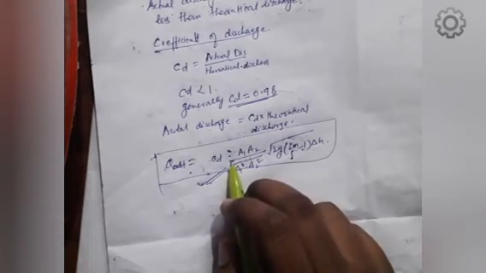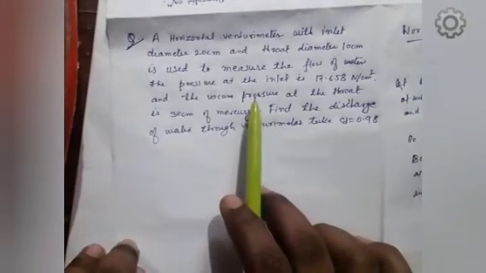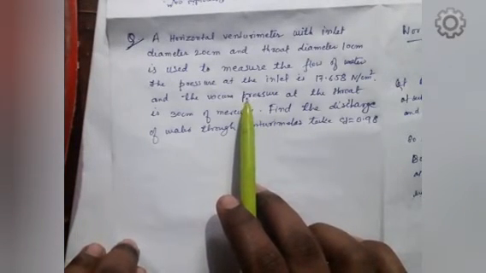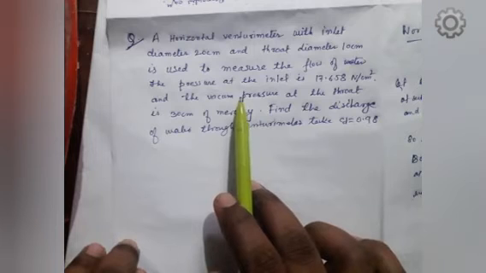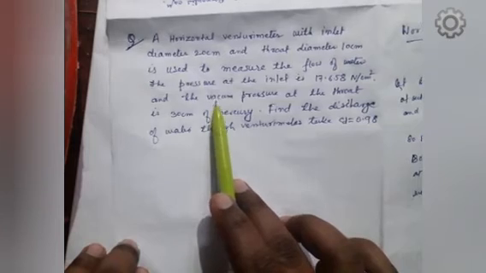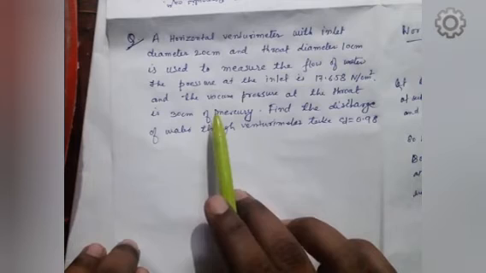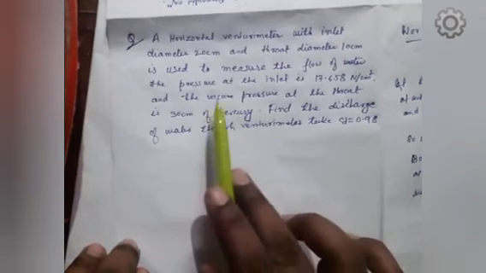So we have found out the discharge formula for the Venturi meter. Now we can make some numerical problems on Venturi meter. I have written down a numerical problem. This is the problem. You can take a snapshot of this problem and try to solve it by applying Bernoulli's equation and continuity equation. I thought I would solve it for you, but the time is exceeded, so I will not solve this problem.